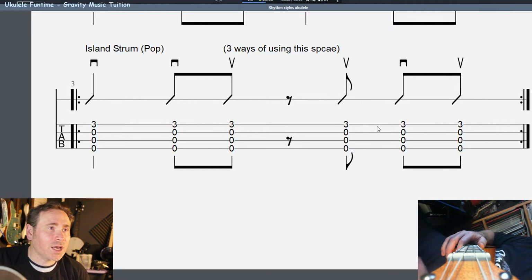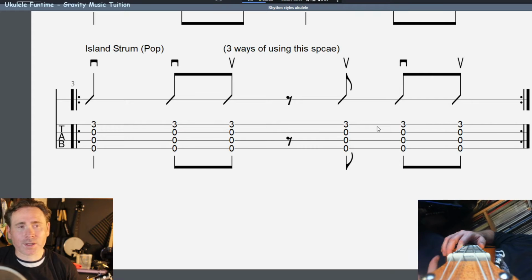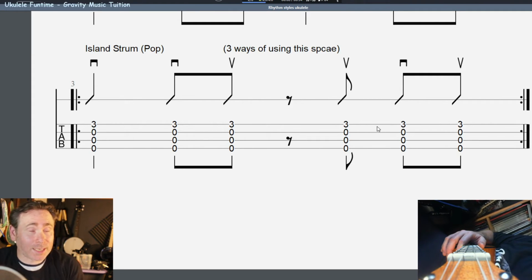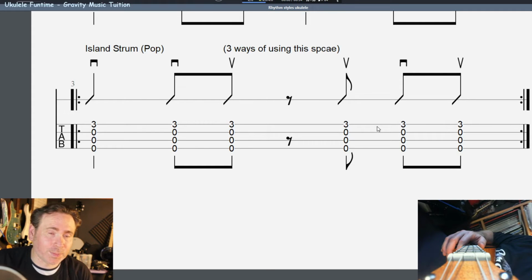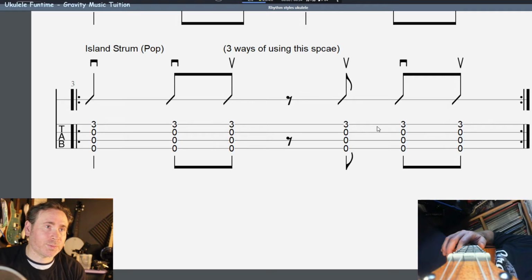come across, a lot of pop styles, I think, because a lot of pop artists would have learned from that style of music when playing the ukulele, and then they brought the ukulele into the pop songs. That's why that style of rhythm is very popular in pop songs as well. So that's why it's a very, very flexible rhythm pattern, because it's used a lot and it will work in